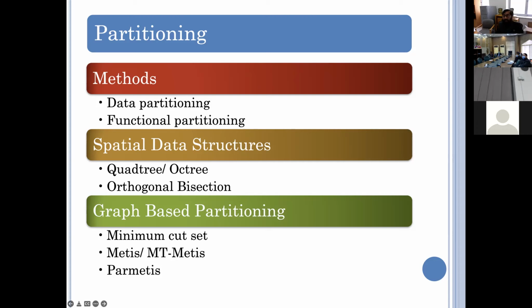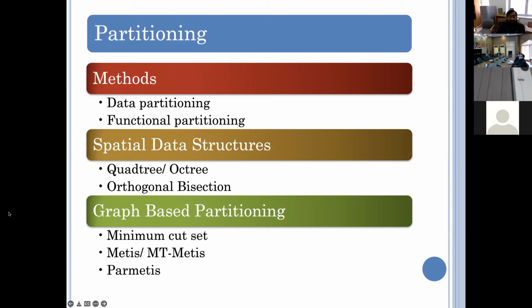However, in the case of the computational part in deep learning, we are mostly dealing with graphs. I can represent a problem as a graph and then cut that graph into K partitions. For example, K can be 4. Why 4? Because I have 4 machines. I can give one part to computer 0, the second part to computer 1, the third part to computer 2, and the fourth part to computer 3. So that's how you partition the problem.